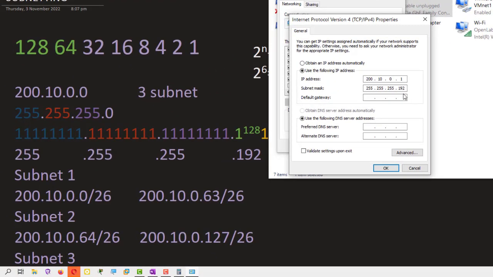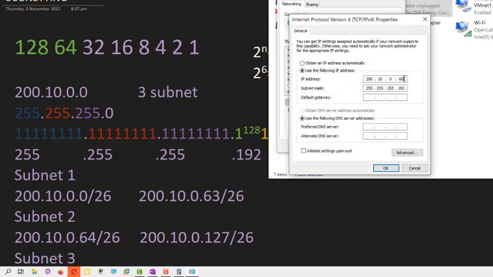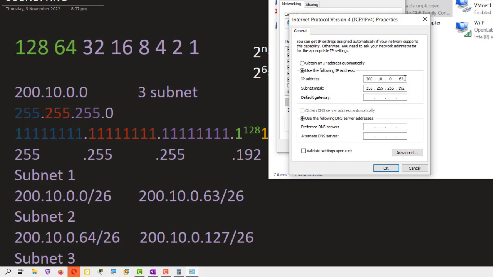Okay, now if you see, when I did a test, I can assign 1, right? But when I bring 63, it rejects it. It's because the network ID and the broadcast ID cannot be assigned. But that means I can assign up to what? 62. Okay, let's try that. 60. It's okay. Then 62. So you can see, you can assign. When I bring 63,